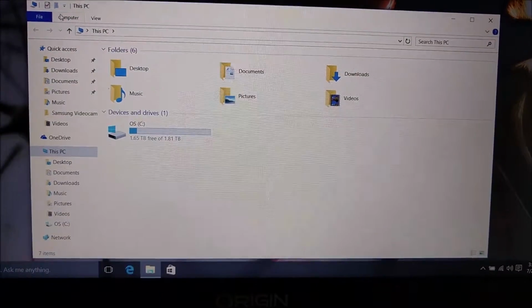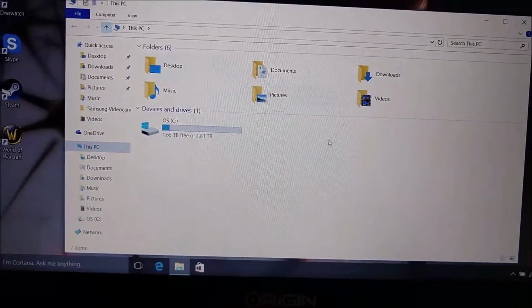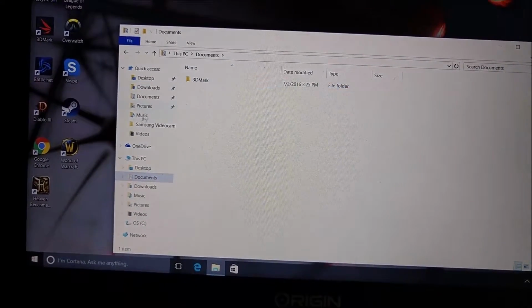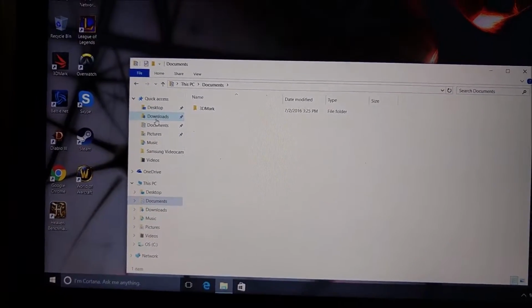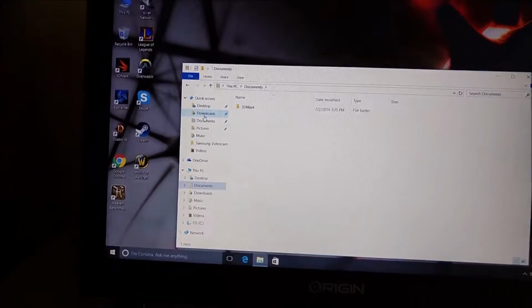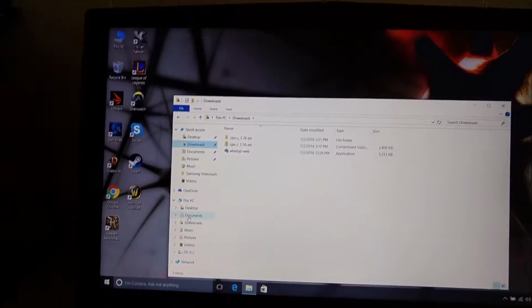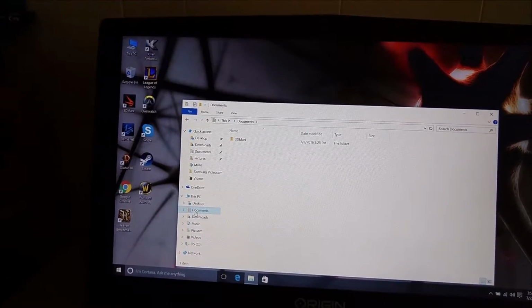I set up a little test account on both of the laptops, in fact, so I can go through here and show you guys stuff without fear of revealing too much information, stuff I didn't want out on the internet. I'm going to be putting these up on YouTube later. And once I find out where I saved my scores,